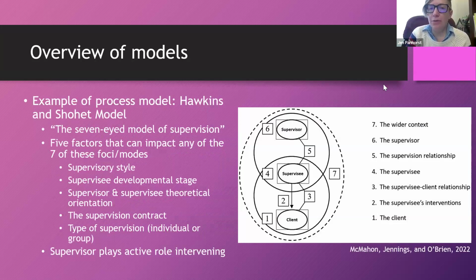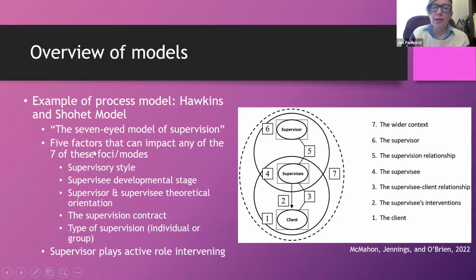So a process model we're going to highlight here as an example is the Hawkins and Shohet model. They refer to their model as the seven-eyed model of supervision, which is this image that we see here on the right-hand side. I'm sure even just the visual helps you get the idea of how this is a little more complicated than just going through the what model. So you've got the client, the supervisee's interventions, the supervisee-client relationship, the supervision relationship, the supervisor, and then the wider context, that's that dotted line. And then in addition to those seven,